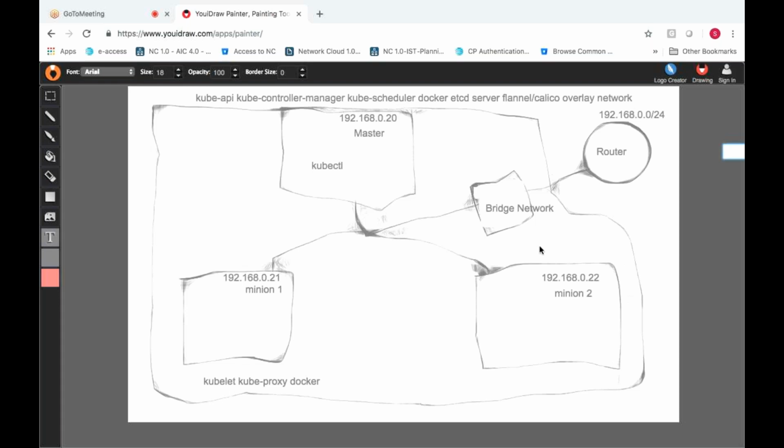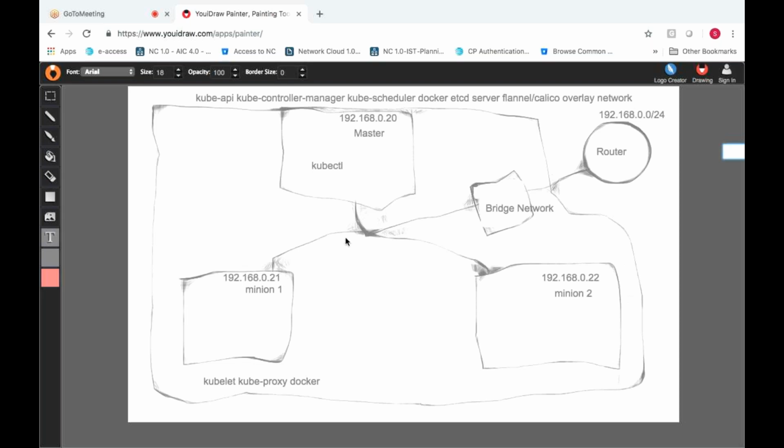And what about the kubelet, kube-proxy and Docker components which are installed on the minion node? Kubelet is what receives information once the kube scheduler has decided on which node it will launch the container. Let's say the kube scheduler has decided that on minion 1 it should launch the container, so that input will be given to the minion node.